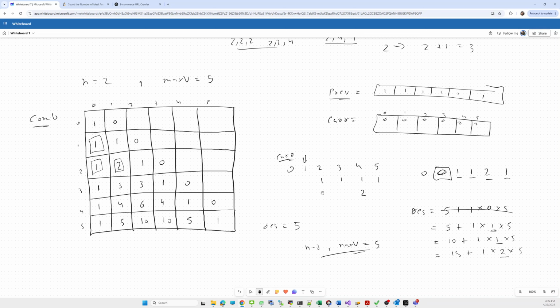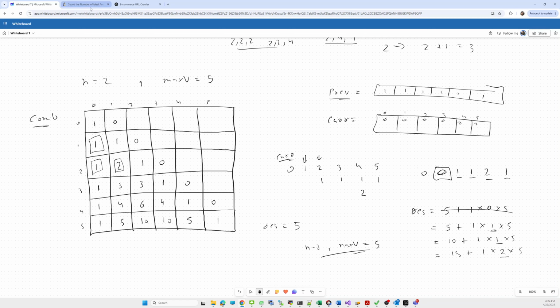Now we'll jump to the next value, which is 2. For 2, the next multiple of 2 is 2 into 2, which is 4. So now we have to start iterating from here, and we'll update from here only. So what will be the value? The current multiple value is 1 plus the previous value 1, so 1 plus 1 is 2. We'll update here, and after that the next element is not here, so we'll jump to 3, 4 and 5 similarly. So in the end our current looks like this: 0 0 1 1 2 1.